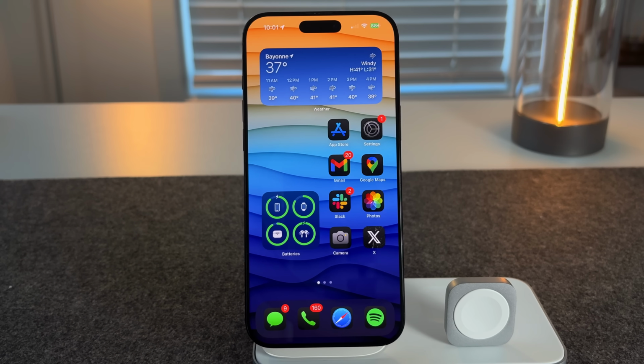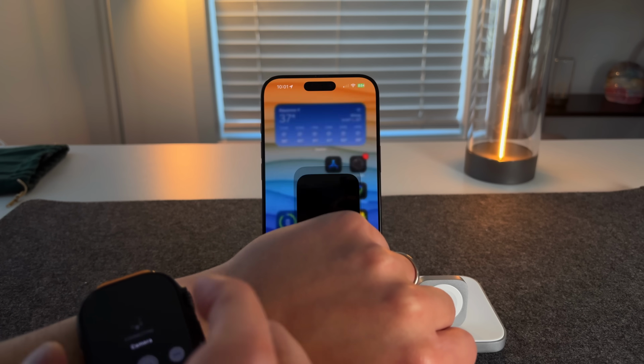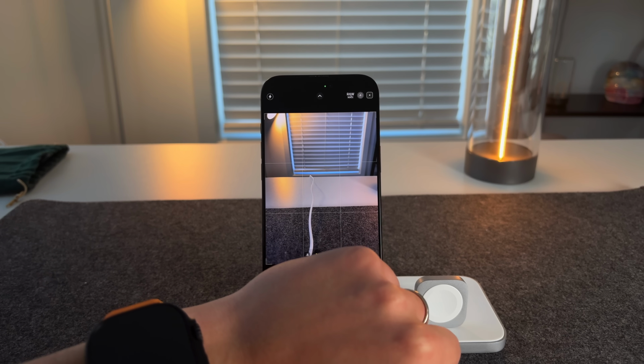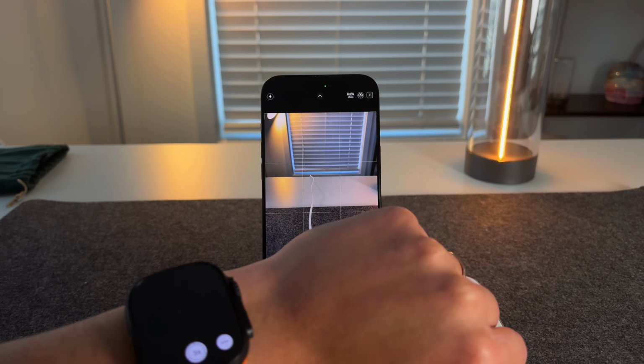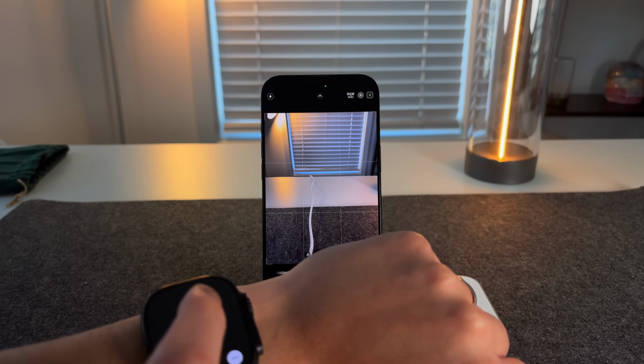The next two have to do with your Apple Watch. It's going to be the ability to use your Apple Watch as a viewfinder when it comes to using your camera. So it's very easy to pull up. You just go into your Apple Watch, press the little camera remote button, and then it will open up your camera immediately. Now sometimes it is a little bit hit or miss, so you might have to move it around and actually delete it and open it back up,